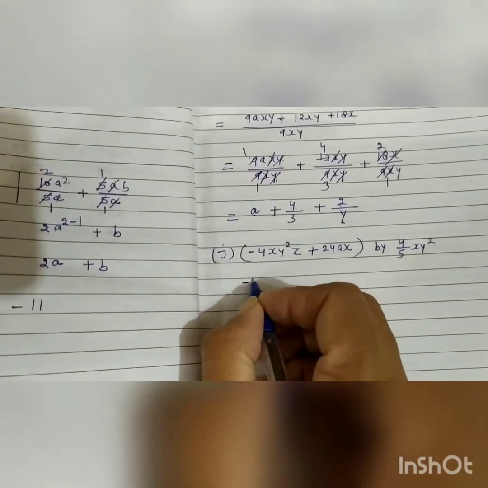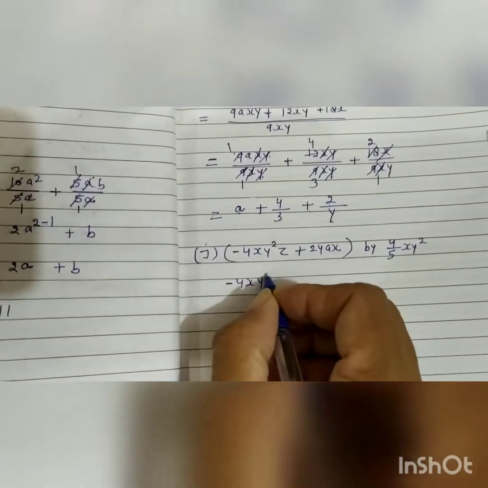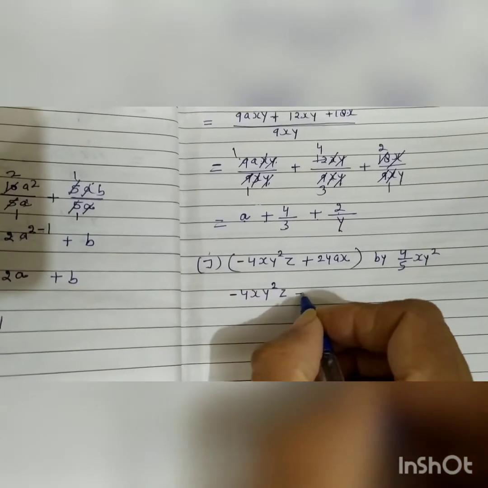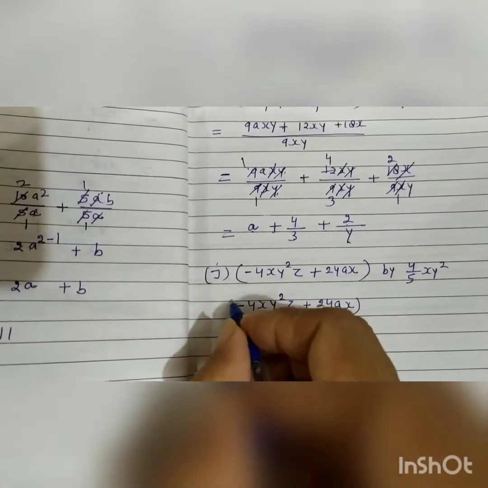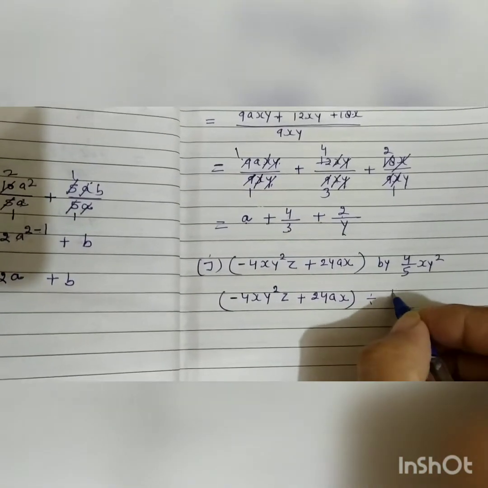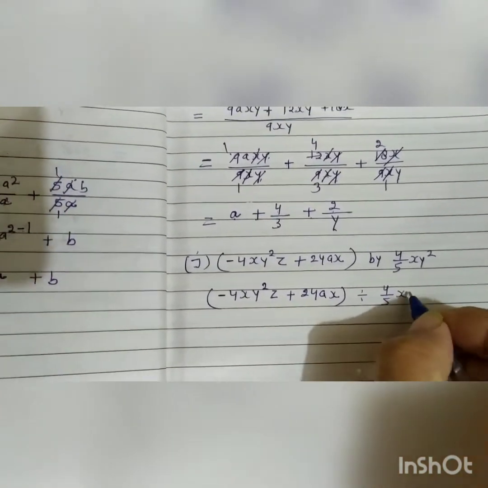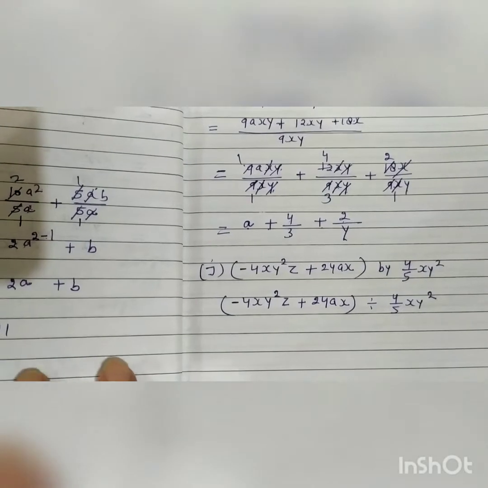So minus 4xy square z plus 24ax divided by 4/5 xy square,